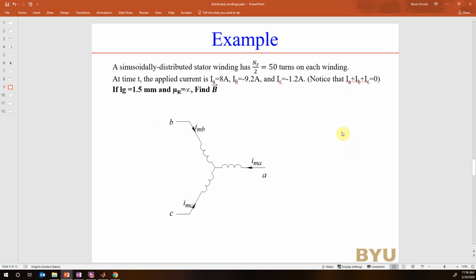Okay, so now let's look at an example. We have a sinusoidally distributed stator winding. So this has 3 windings. The total number of turns for each winding is Ns over 2, which is 50. And at some instant in time, the current in my A axis right here is going to be 8 amps. The current in the B is going to be minus 9.2, and the current in the C is minus 1.2. So we